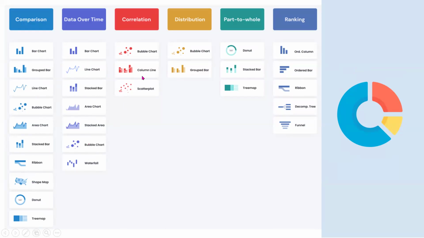If you want to look at the relationship between different variables, then of course, we are talking about correlation, and we can use scatter plots. If you also want to look at the distribution of your data, you may want to apply this, and these are like fractions. If you want to look at the performance of this as against what is down here, you are free to do that. And finally, what is this one? Let me pull it down. Yeah, this is ranking. If you want to look at positions, how this one is performing as against this one, then of course. So you can see why I had to use the decomposition tree in my analysis.